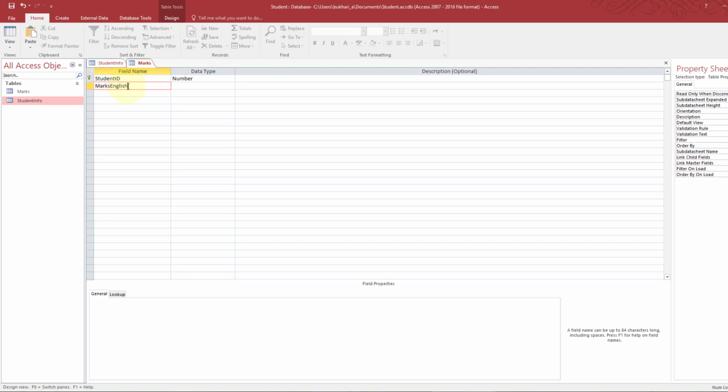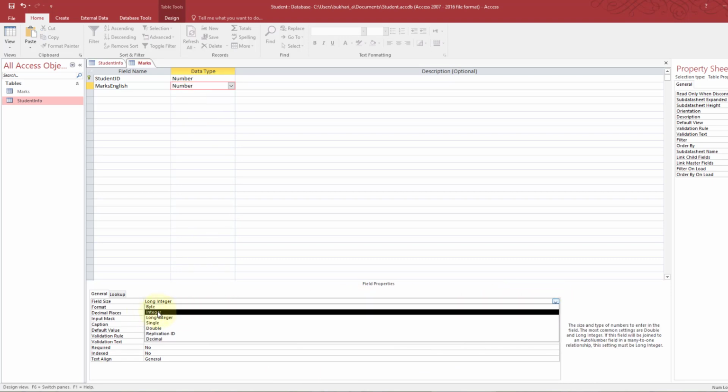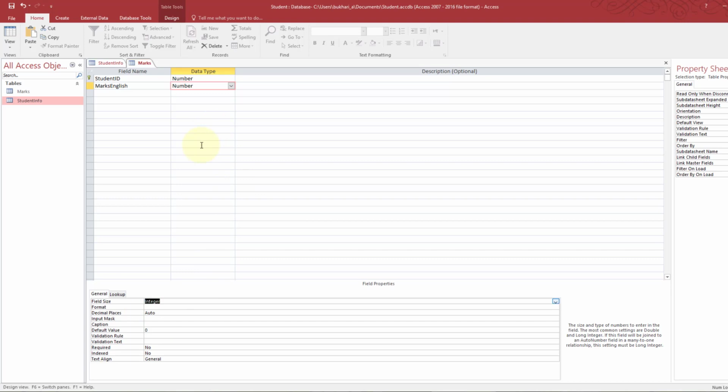Now these are marks and we need to do calculations on them, so we will choose a number, and we know that these marks cannot be more than 100, so we can choose a smaller number. Let's say we will choose integer for this.